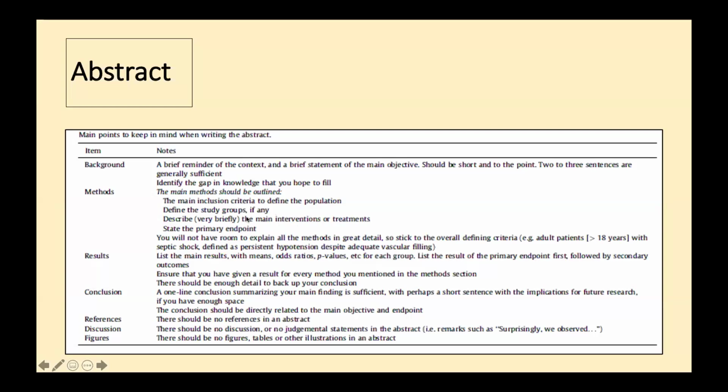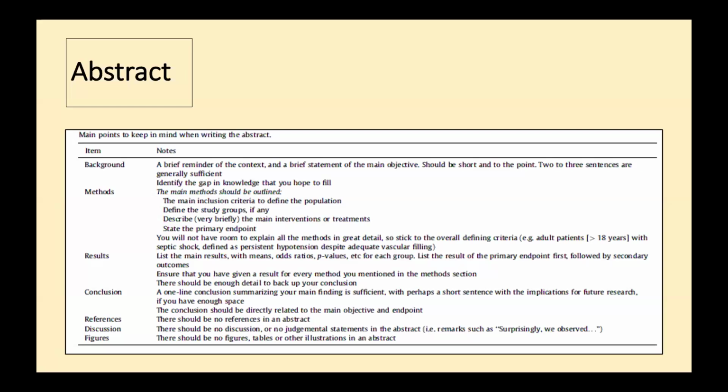So you don't have to explain the methodology in great detail. Methods is a very simple section, but you should try to link it with the objective in the background, showing how the methods you highlight in the abstract answer the objective. Results also need to link with the objective and methods, and